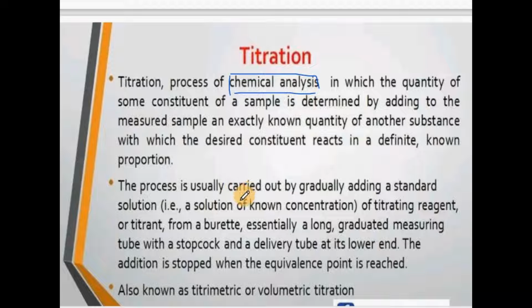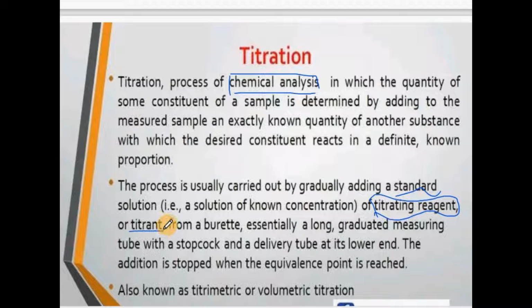So the process is carried out gradually, by adding a standard solution. When we say a standard solution, a standard solution is a solution that has a known concentration. Stock solutions in the laboratory are known as standard solutions, because they have known concentration. So the standard solutions are what we call a titrating agent. They are the ones used to titrate. We assume they have a known concentration, and we use them to find the concentration of the unknown solution. So we call the standard solutions or the stock solutions a titrating agent or reagent, or we can also call them